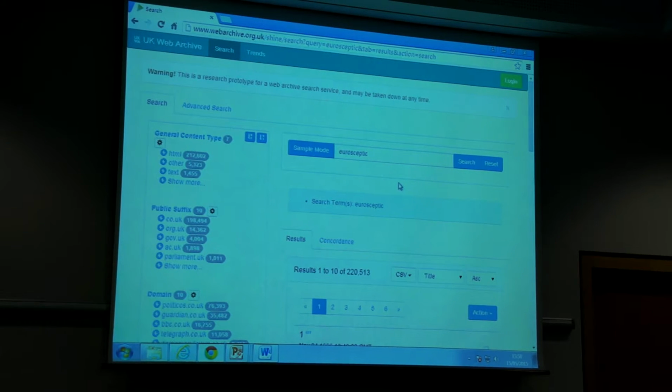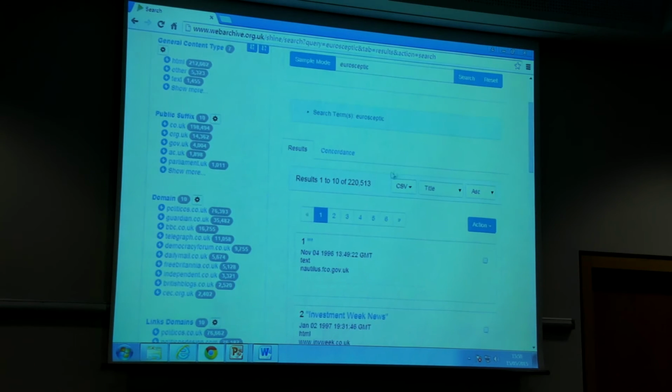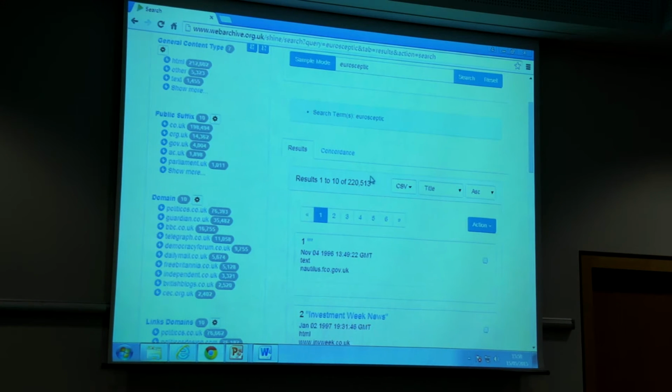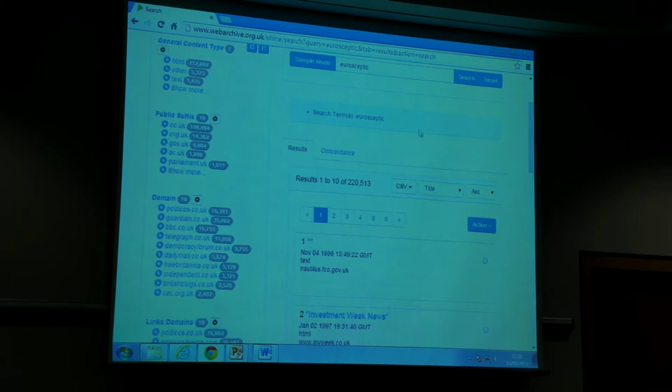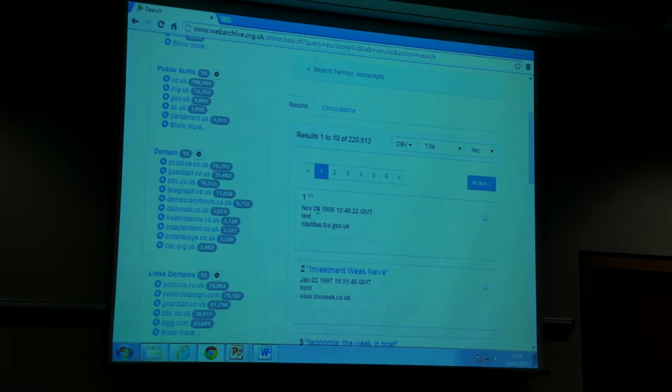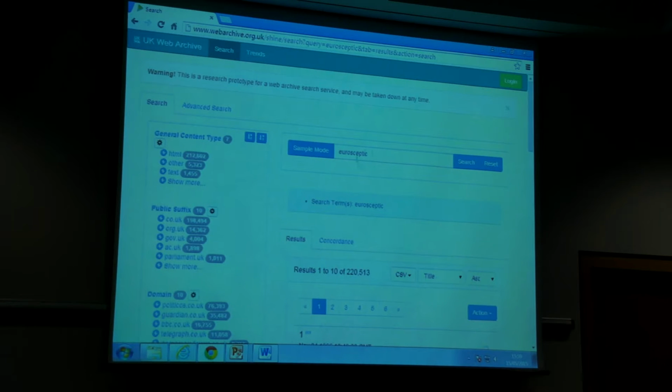So I've searched for the term Eurosceptic, and I've got a small and manageable number of results. Right, there we are, 220,000. So I'm thinking my search strategy and query strategy is going to have to change slightly. The other thing to throw in is that there is no prioritization in these results. What you don't have under the bonnet here is a Google algorithm deciding which it thinks is the most relevant occurrence of the term Eurosceptic for your purposes. So that isn't on offer, and we need to think about other ways of doing it. I'm thinking that's not going to be enough for me.